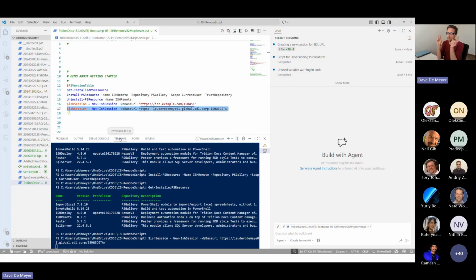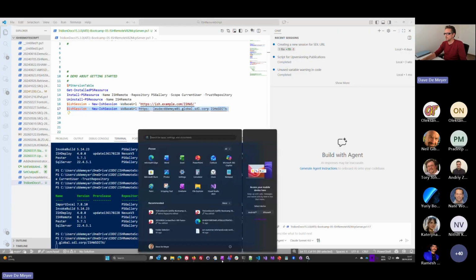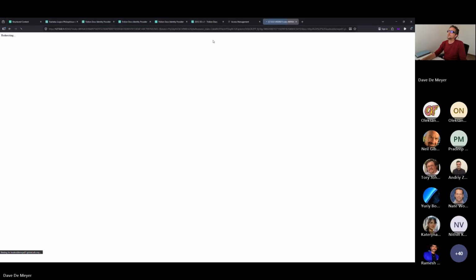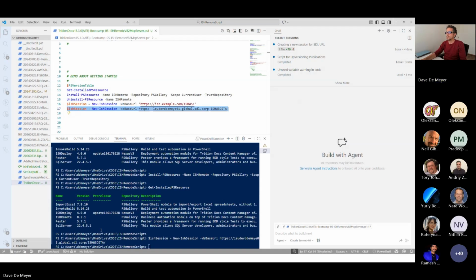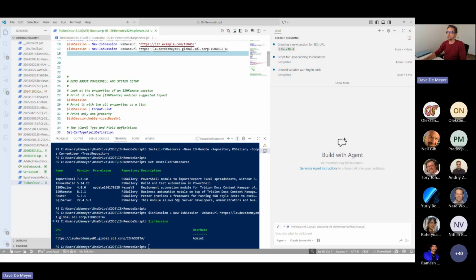Because I didn't specify any authentication method, that should raise a browser. It's opening the wrong browser, so I'm going to go here. I was already authenticated on this system, so I get signed in. In turn, I now have a session here that holds how I signed in. It says the URL I used, and I was authenticated as admin2 user, and that's how we can run